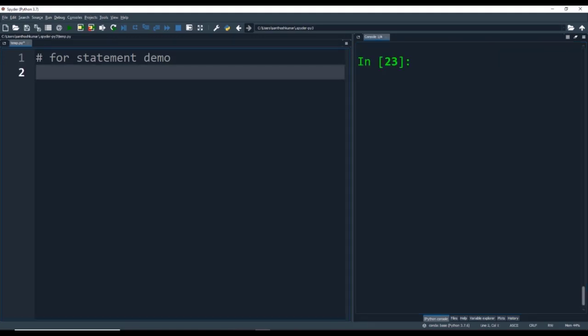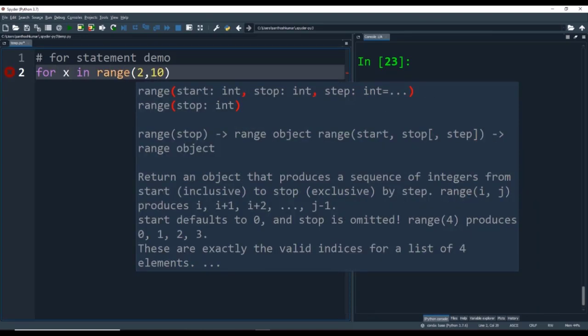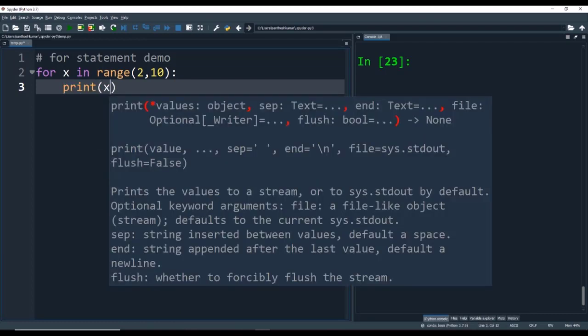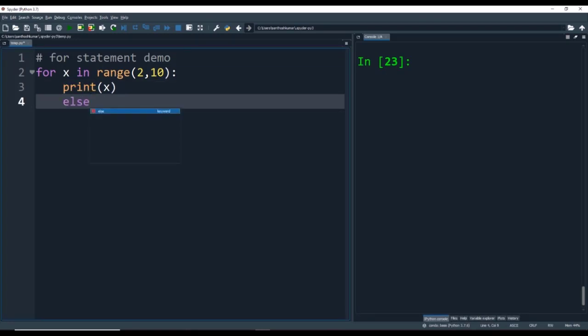Next, we will quickly check out the else statement. Else can be used along with the for loop and the while loop. When it is used with the for loop, it gets executed when all the iterations of the for loop are exhausted, and in the case of the while, it gets executed when the condition becomes false. So we are going to see the else along with the for loop, for which I am using for x in range 2, 10, and I am printing the value of x, and then I am using the else, where as part of else I am printing loop terminated.